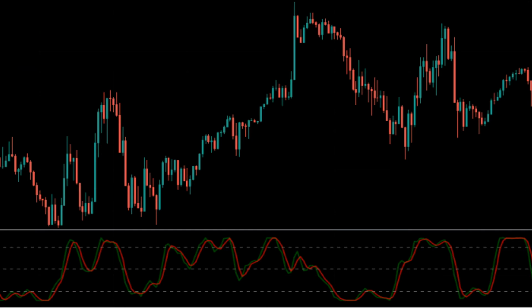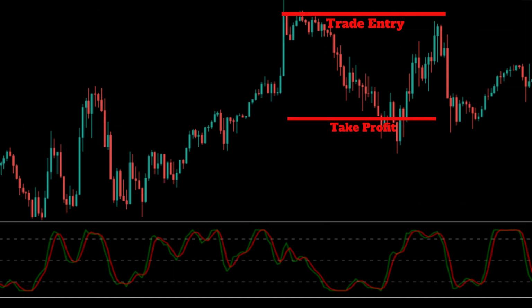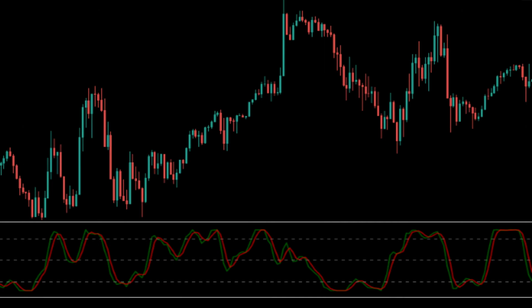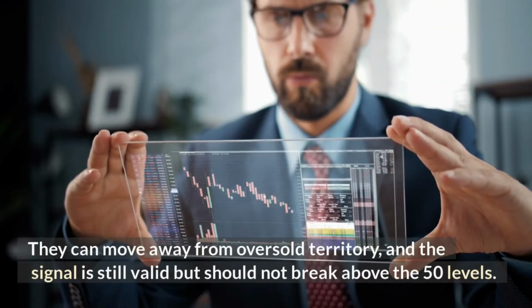Our team at TradingStrategySleeps.com has spent a lot of time creating the best information for many trading opportunities, which is key to successful trading. The idea of multiple time frames is important because it provides better readability to current rates and can help you better decide on entry and exit points. Note, on daily charts, the stochastic moving average does not need to be below the 20 levels. They can move away from oversold territory, and the signal is still valid but should not break above the 50